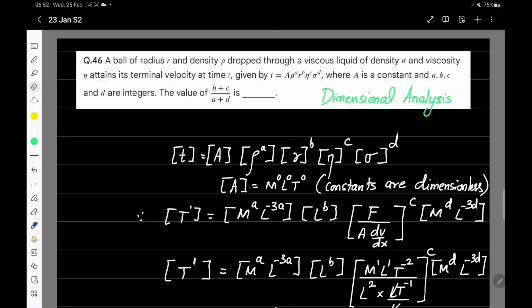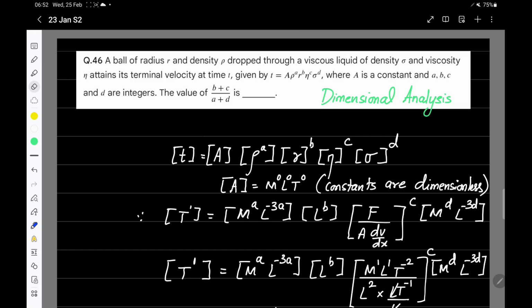Hello students, we are solving a question from dimensional analysis. This is from 23rd January shift 2 JEE Mains 2026. It says a ball of radius r and density rho is dropped through a viscous liquid of density sigma and